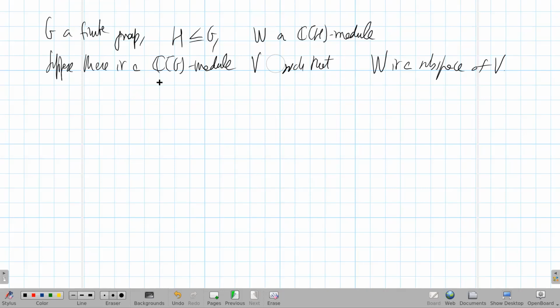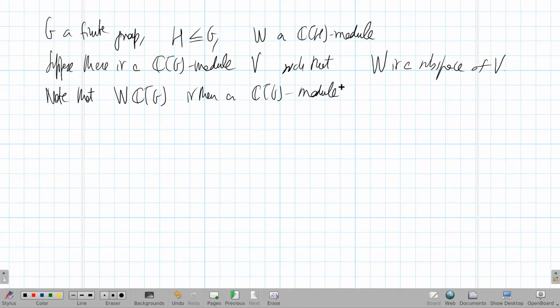And we know that the product WCG, okay, all these modules are right modules, is then a CG module. But rather trivially so, because it's the CG module